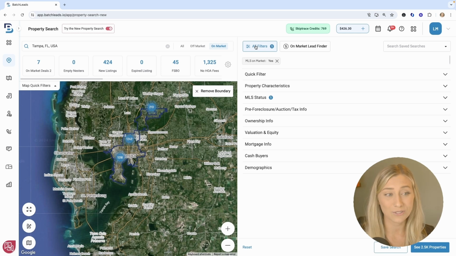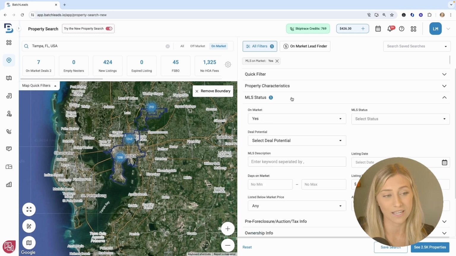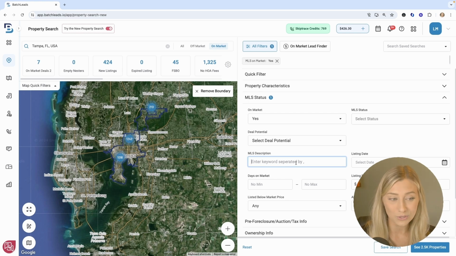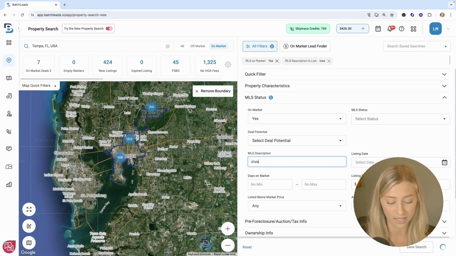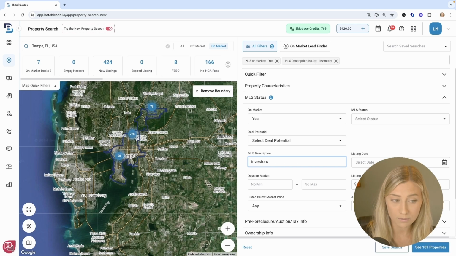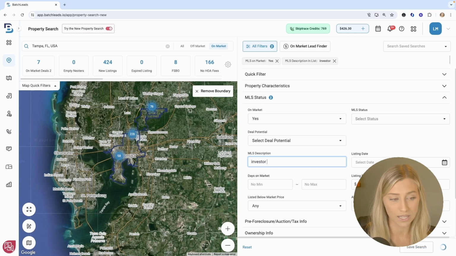But it's going to be super easy to do what we're talking about today, which is going into the MLS tab and going to the MLS description box. And all you have to do to find these incredibly motivated sellers looking for a cash offer on their property that's fit best for investors is by going and typing in a few of those words. I'm going to do things like investor special. Let's type that out. So you can do words by themselves or phrases put together, and you can just separate